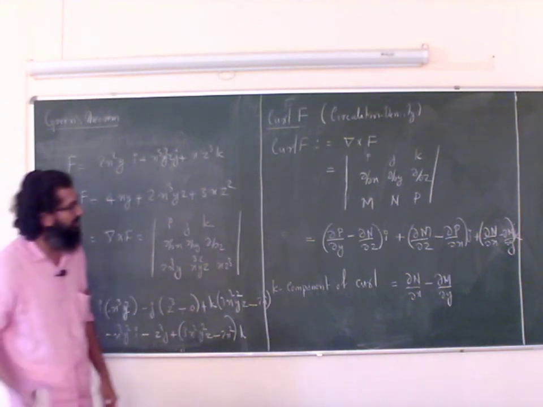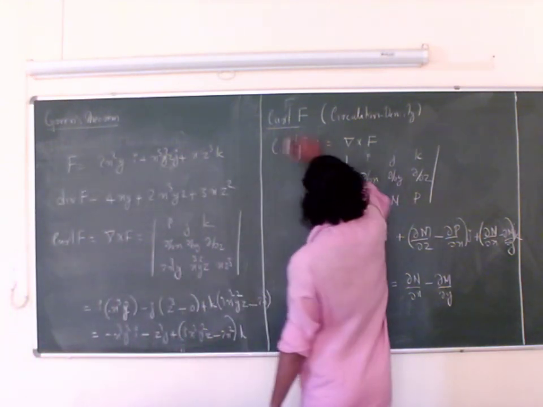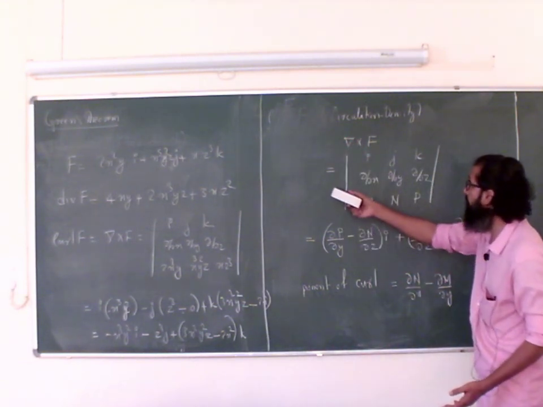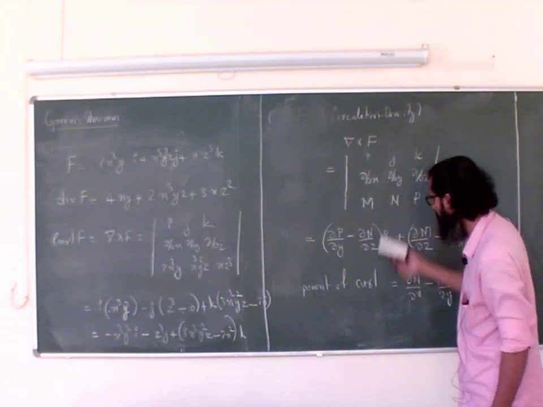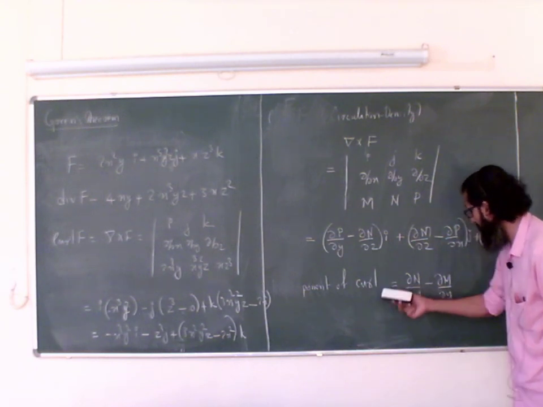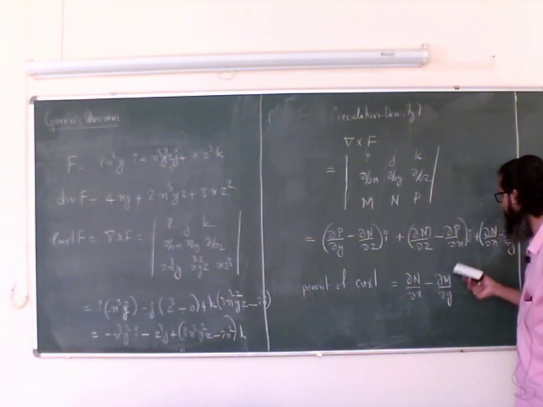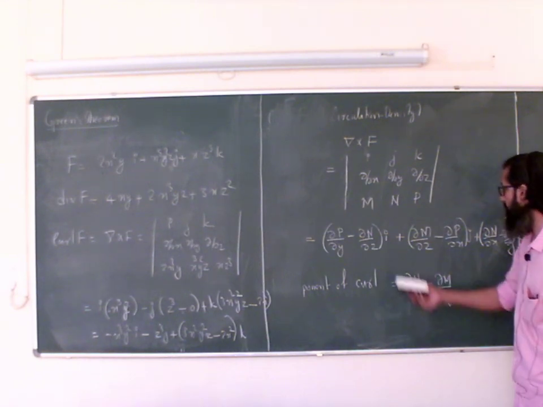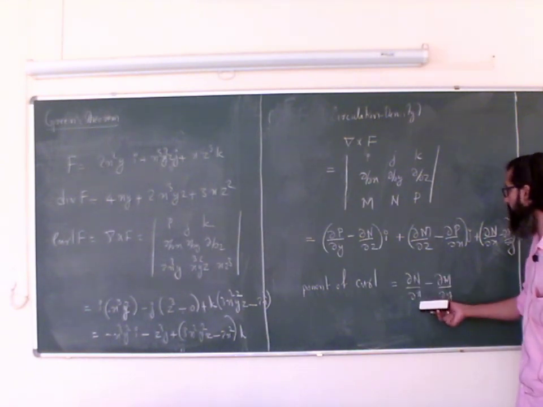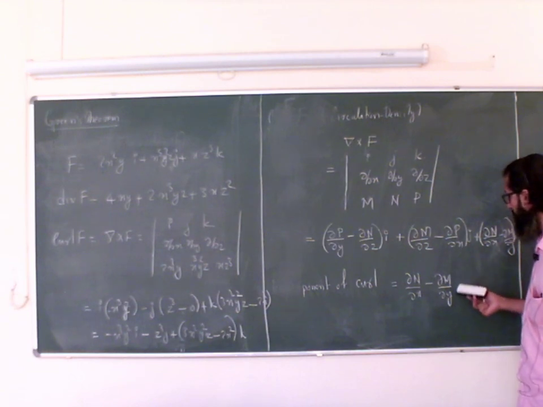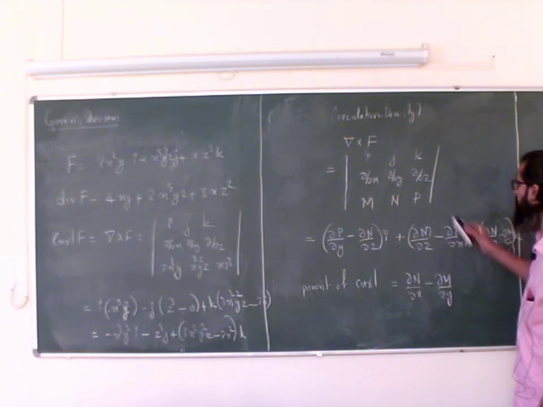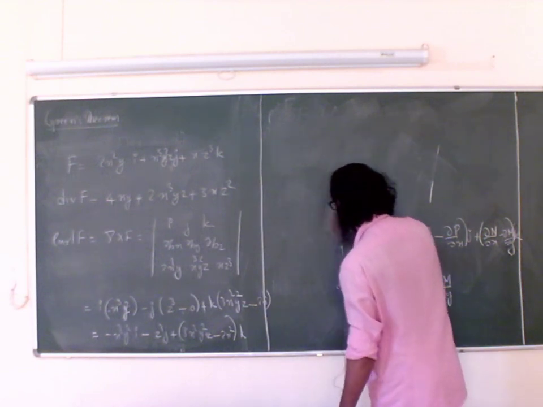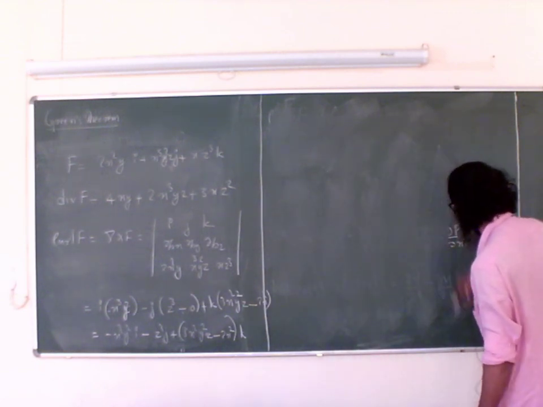So now let's go for Green's theorems. Keep in mind, you can easily think of curl, it is del cross F, and you can think of the k component as dou n by dou x minus dou m by dou y. Meanwhile, the divergence of a two-dimensional field is dou m by dou x plus dou n by dou y. Now let's try to state what is called Green's theorem.